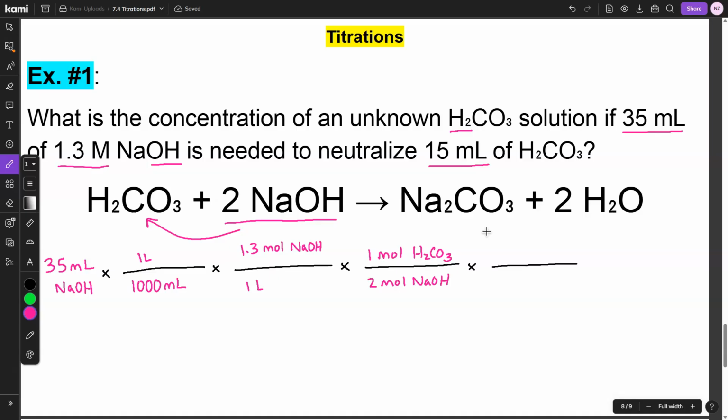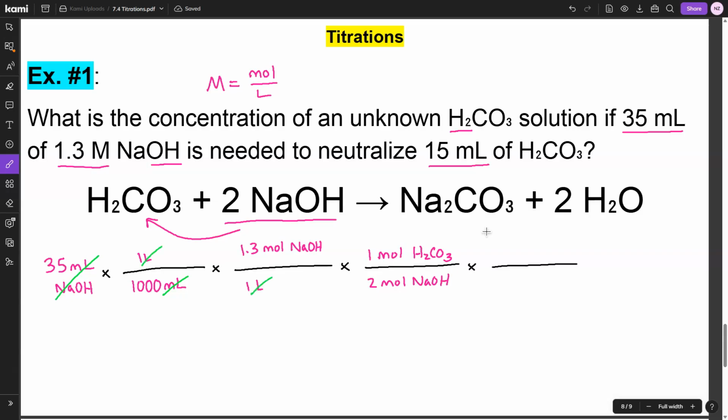Okay, the last conversion factor is the trickiest when you're doing a titration. So if you recall, molarity is moles over liters. And if we cancel out units that we've written so far, we are left with moles of H2CO3. In order to find molarity, we want to do moles divided by liters. We currently have moles, and we want to divide by liters. We have 15 milliliters. That's equal to 0.015 liters. So I'm going to write that on the bottom,